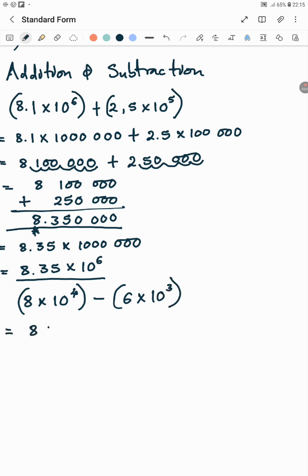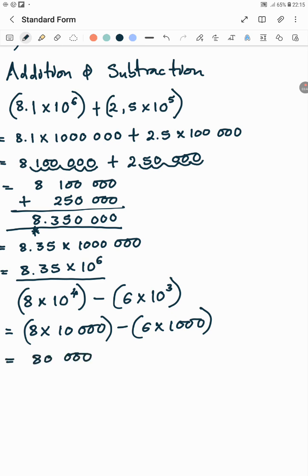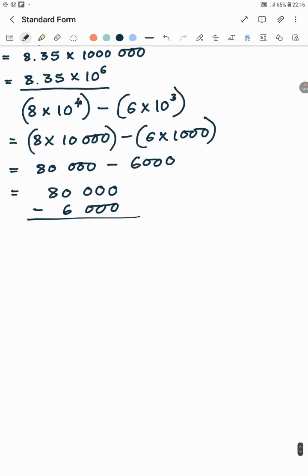So this is 8 times 10,000 minus 6 times 1,000, and here you get 80,000 minus 6,000. If you subtract 6,000 from 80,000, you're going to get